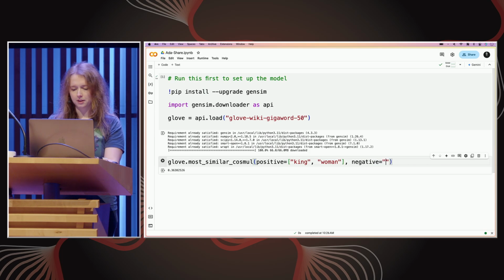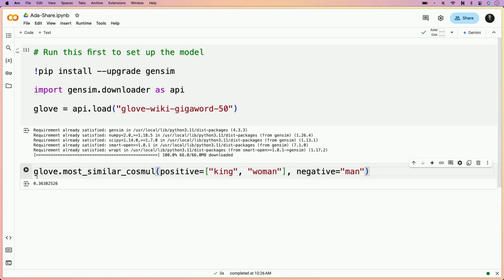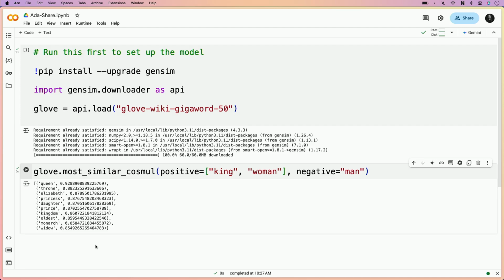And negative is man. And this function will return a list of words along with the similarity value that are closest to the result of this vector calculation. You might have guessed it. The very first entry is queen with 0.9. So this is a real calculation with words and vectors.